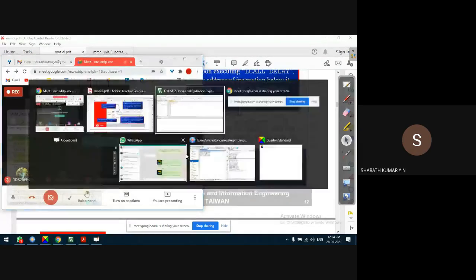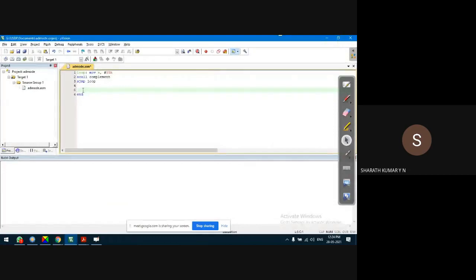So we'll go to the subroutine called complement. What we do here is complement the content of the accumulator, CPL A. After complementing, we return back to the calling program, and then the end of the program. Very simple program.